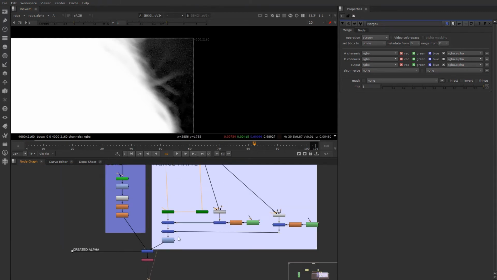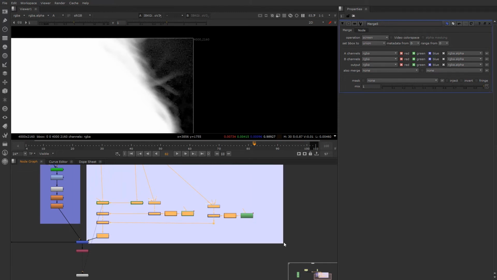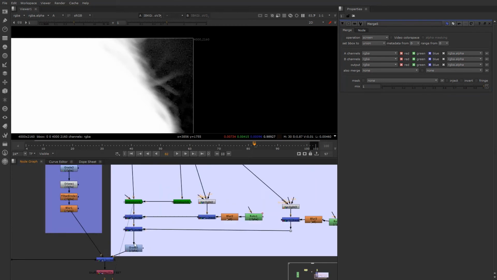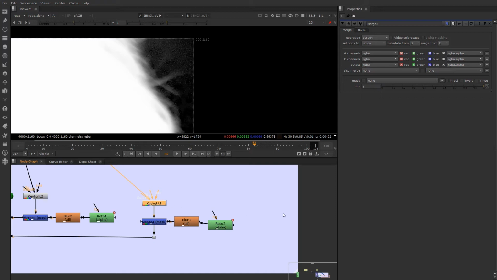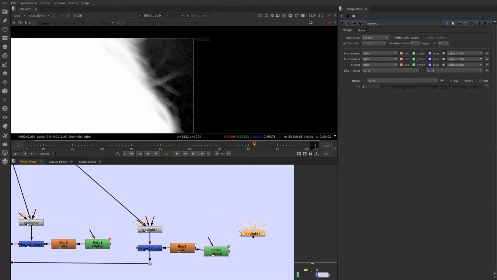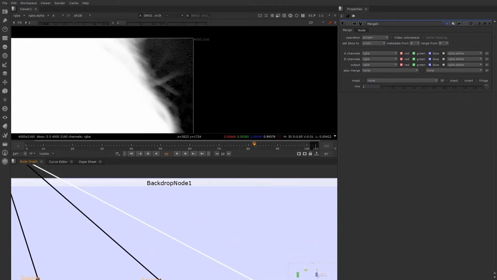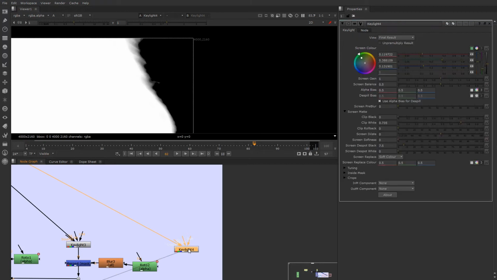It's probably based on the sampling information being way over here, and hence we're getting this sort of ramp up. So one other thing we can do, I'm sorry, I just have this desire to fix keys, so shoot me, is to come in here and maybe do another Keylight. Let's just try Keylight instead of relying on the old tried and true IBK gizmo. I'm going to put this to source again. And this is talking about isolation here, right? So I'm going to go ahead and take this key here,